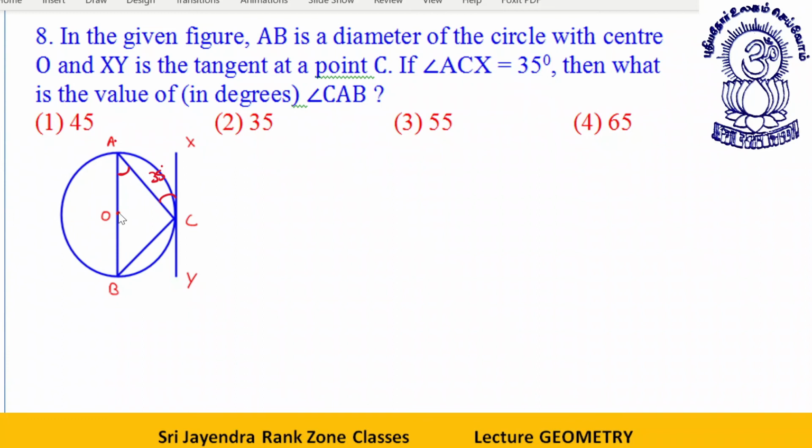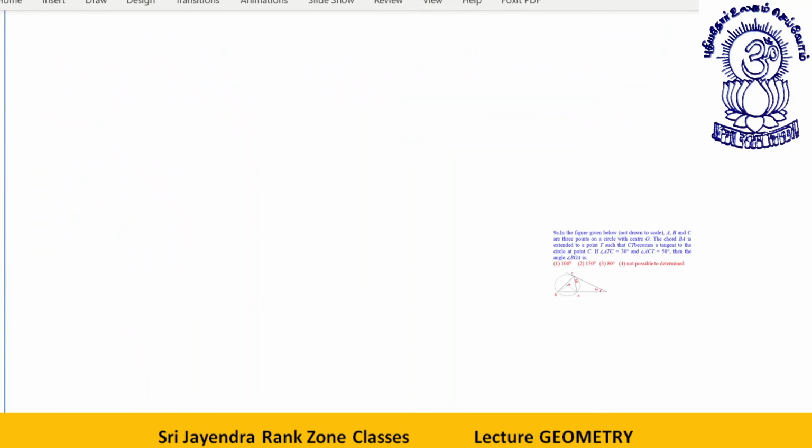See, dear students, this is the center, this is the diameter, so this becomes 90 degree. If this angle is equal to 35 degree, this angle will also be 35. Why? Because this is a chord, this is a tangent. Whatever angle is between the chord and the tangent will be subtended by this chord in the alternate segment. So this comes out to be 35 degree. So far clear? Now this is 90, this is 35, and the sum of angles of a triangle is 180 degree. So this will be 90 minus 35, that is 55 degree. This is your answer, my dear students. I'm sure it must be clear to all of you. Okay, the next one.